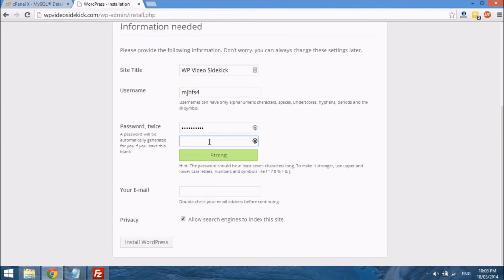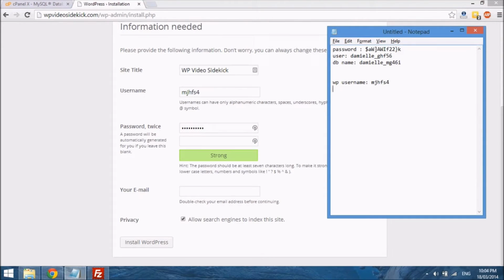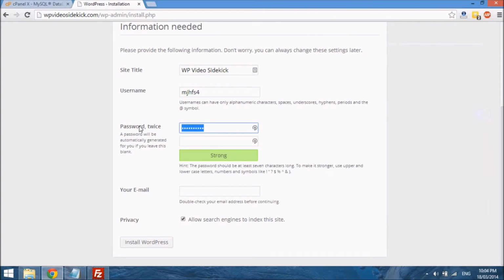Try using some common letters and capital letters, and what I'll do is just go back, WP password. So if we go, and I'm just creating a random password because this is just for demonstration. And if we go back here and we just paste it in,